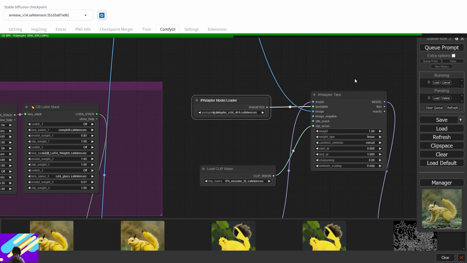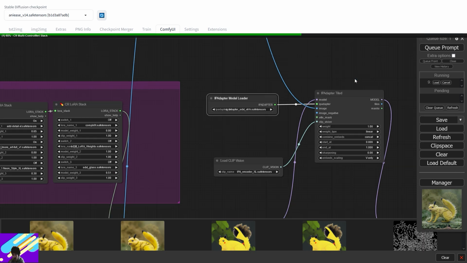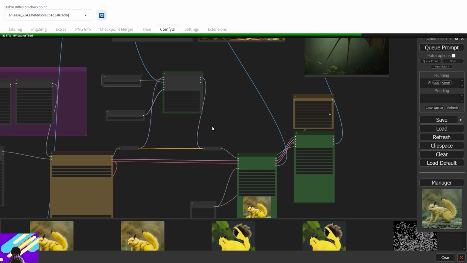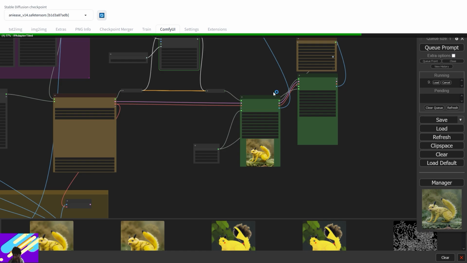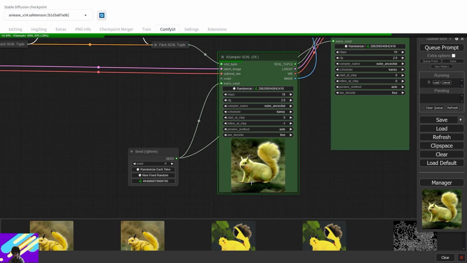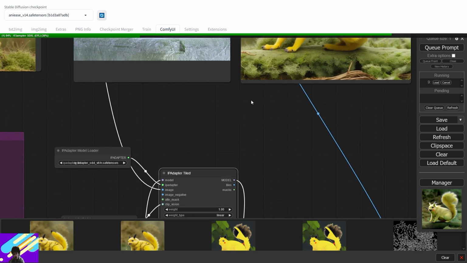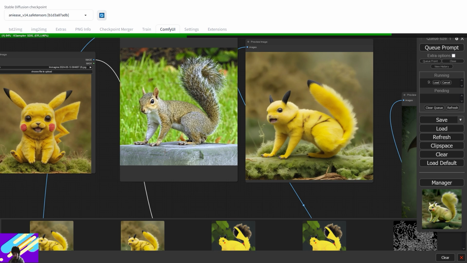We are using IPAdapter, it's a very powerful add-on, but you have to work with details and with fine-tuning a lot when you want something precise and very specific. Now we have a gaudy version of Pikachu, but we have our red dots,